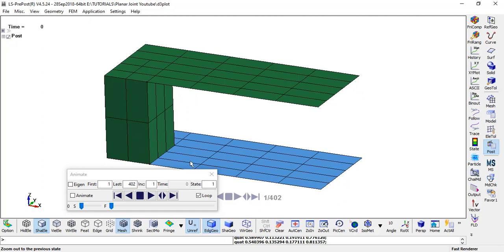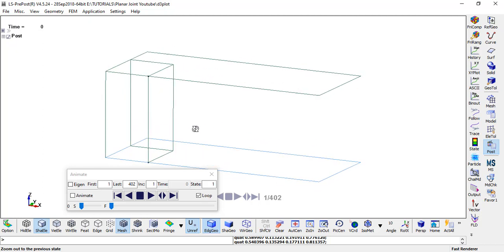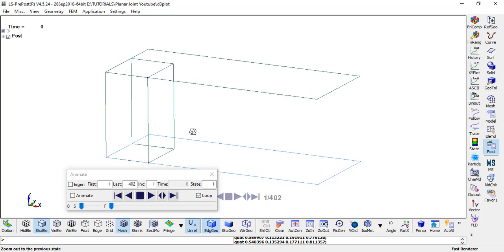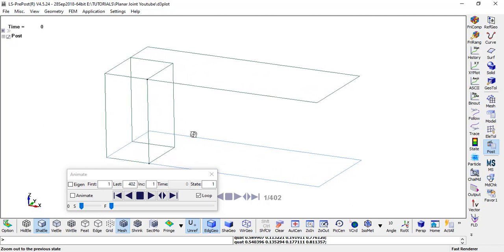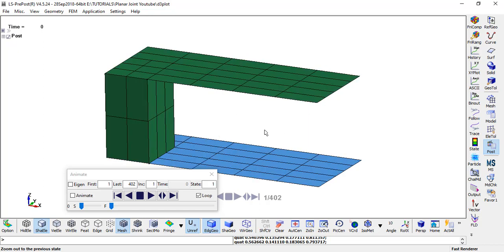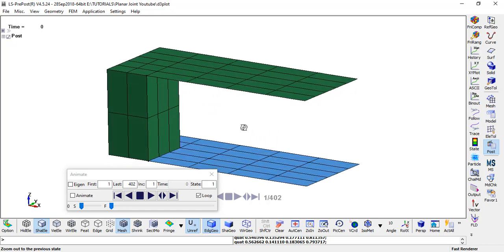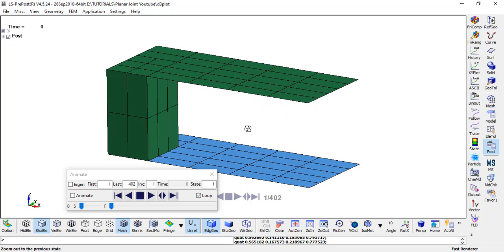If you want to rotate the body or the parts, press Ctrl, and pressing Ctrl and clicking the left mouse button, you can do that. And if you want the complete body as it is, select Shift instead of Ctrl, and at the same time press the left mouse button.